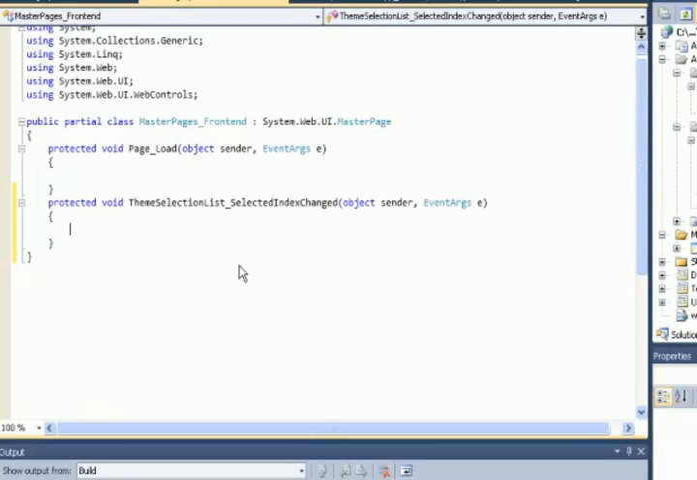It would take you to the master's code behind file C#, and you will see the theme selection list selected index change, which is the event that would happen when you change the selection. Before we write any code in here, we need to go back to the